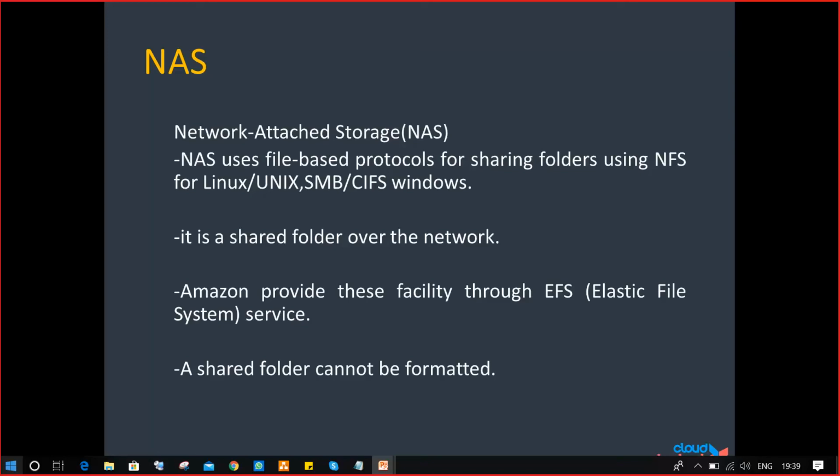The same network file share concept is used for sharing the drive, the folder over the network. So only within the office we can connect to it. Within the office we can connect to it. That is called NFS. But guys, NFS classes will also be shared in the Linux class as well as the Windows class.